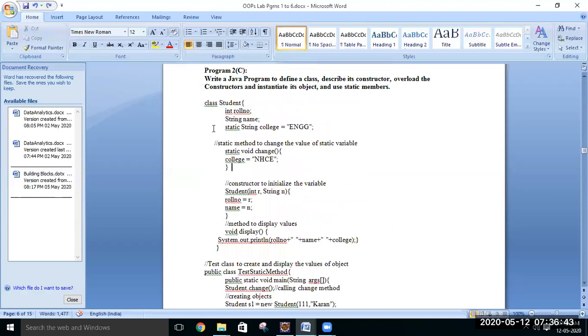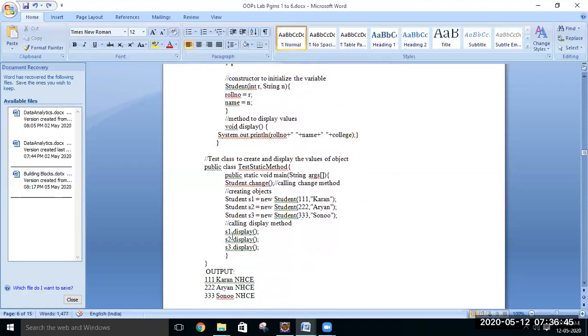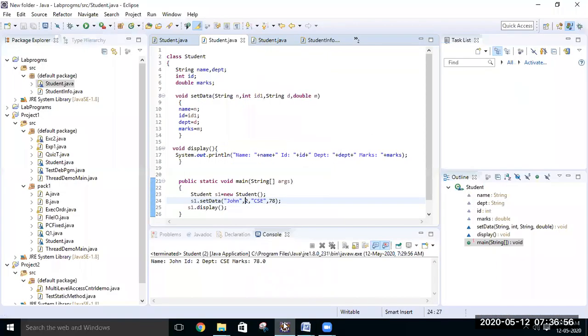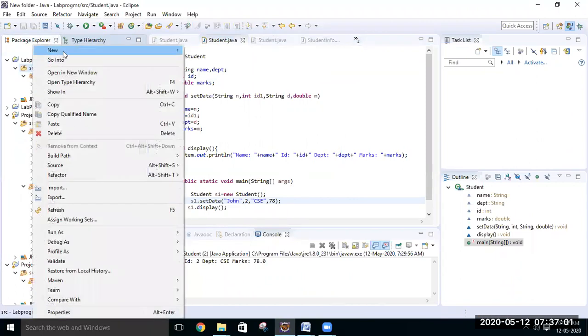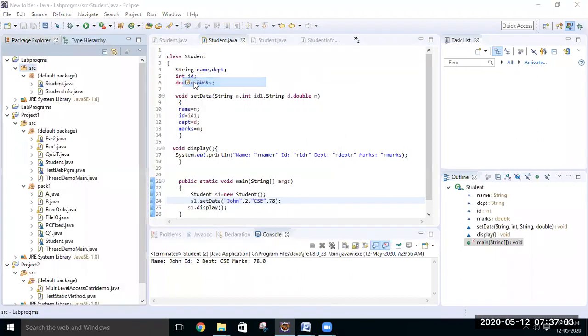Now let's try to copy this program. We have to use this class name as TestStaticMethod. So src, new class.